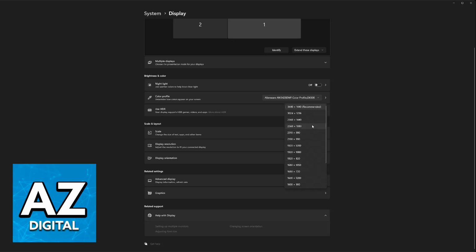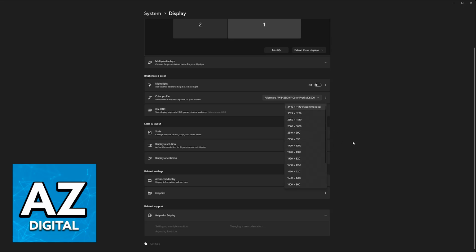You will have plenty of options to choose from, and usually the one that says recommended is the main one that should be used for that monitor, so it is the monitor's native resolution. Most of the time, you will get the options to make it shorter by default. There are ways to make the monitor use bigger resolutions that it shouldn't support, but you will need to change settings elsewhere. So for this video, I'm not going to cover that.